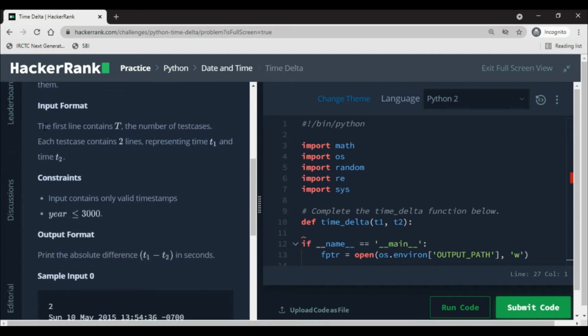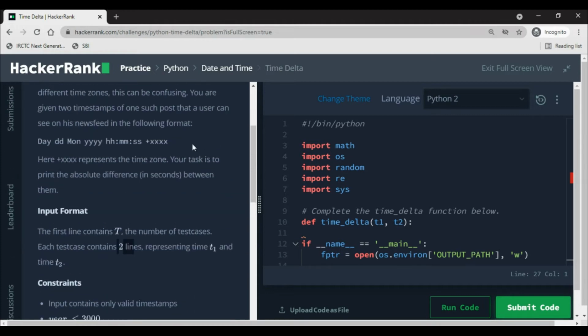Here input will be given in this fashion. First line T we will get, which gives the total number of test cases. Each test case contains two lines, time T1 and T2. So let's say 10 cases will be there, and inside each test case you will have two lines.